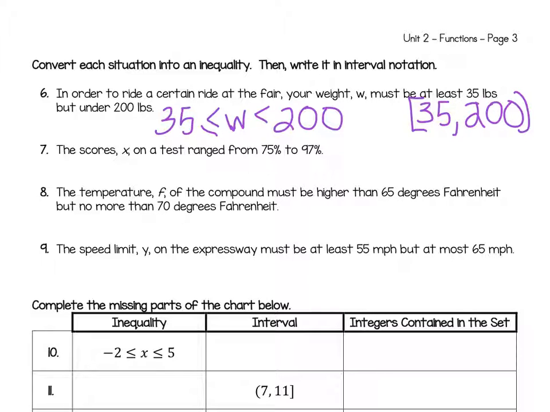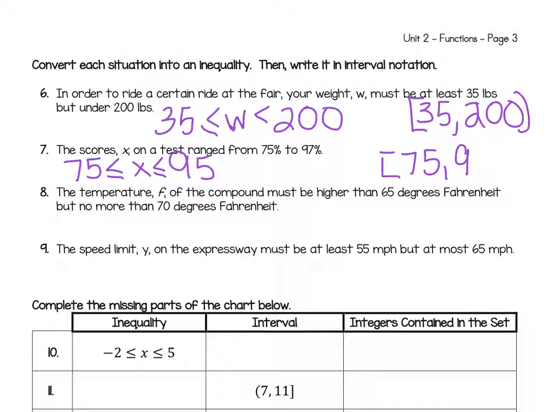Number 7. The scores X on a test range from 75% to 97%. So it looks like the scores of 75 and 97 were both included. So 75 is less than or equal to X is less than or equal to 95. And if we write this in interval notation, 75 is included, so there's our closed bracket, all the way up